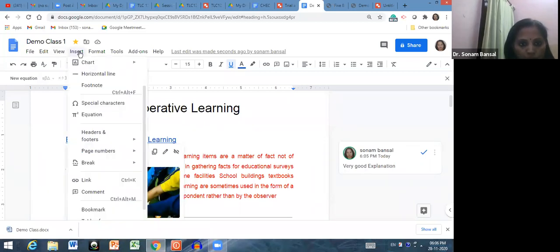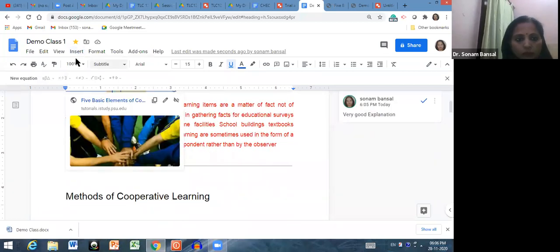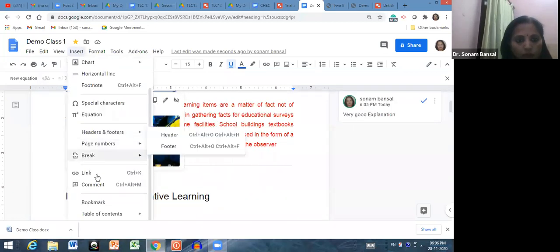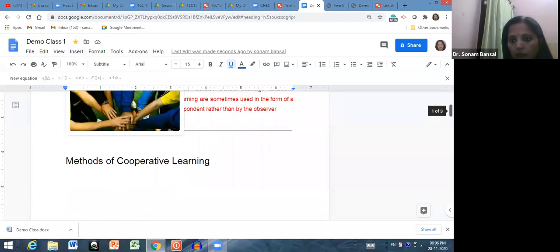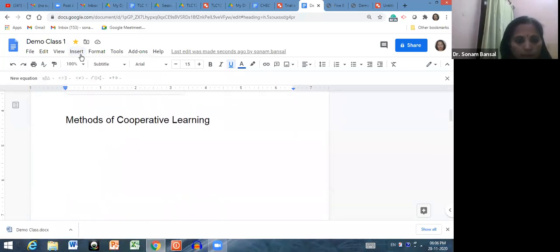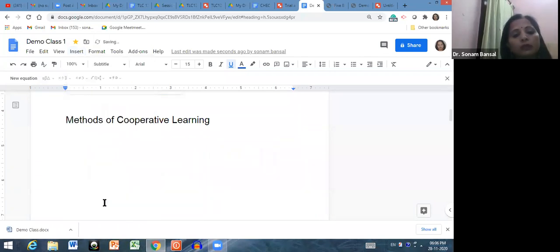Then again go to insert. If you want to add a bookmark, then you can do that. Or you want to add some table of contents. I will show you how to add table of contents and how to add bookmarks. Just click on bookmark.